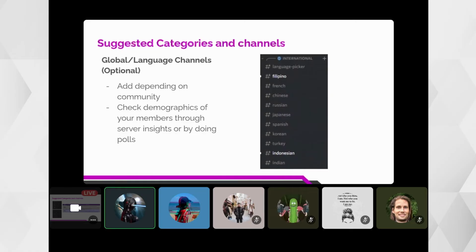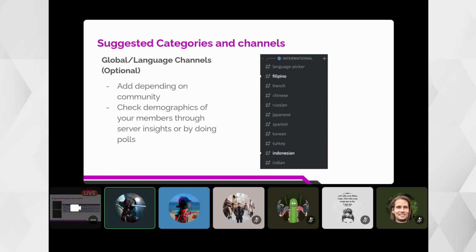And then these are optional channels, of course. It depends on your community. So, the global language channel. The primary standard of communication in the server is English, but there are people with friends coming from the same country who would like to chat using their native language.